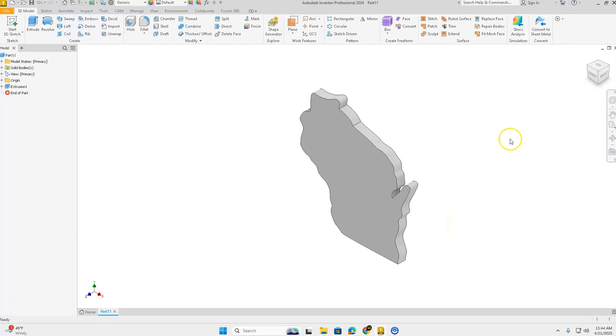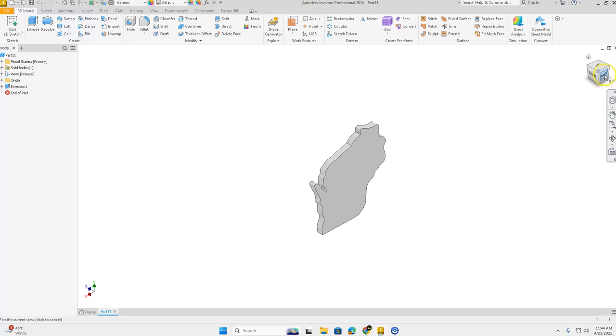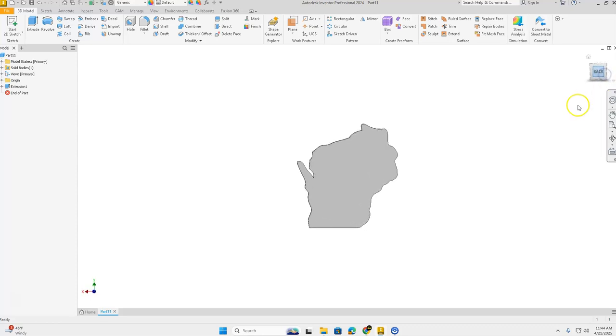We're going to put the magnet on the back of our part. So in my World View Cube here, I'm going to click the top right corner. I can see the word back now on my World View Cube. Click the back. Now I can see the shape back here. I'm going to come up to our ribbon bar, take a 2D sketch, place this on our back,